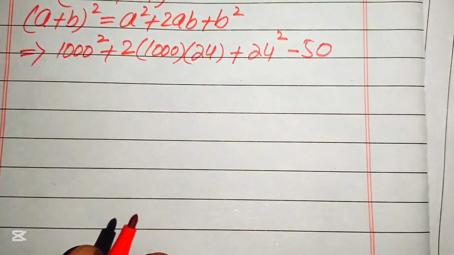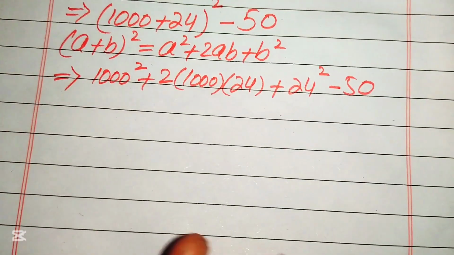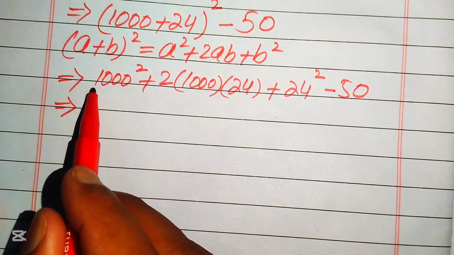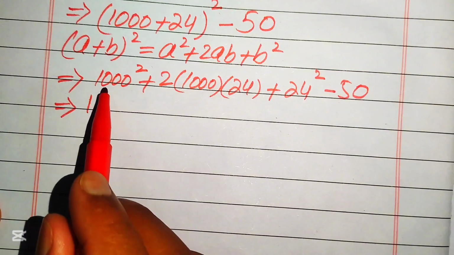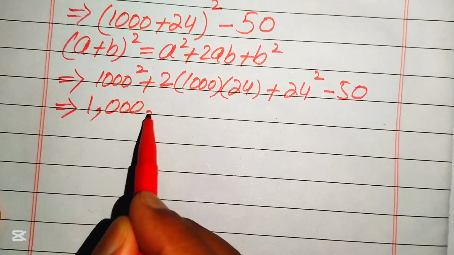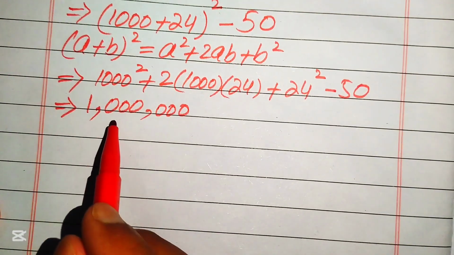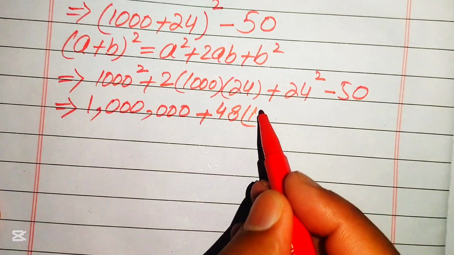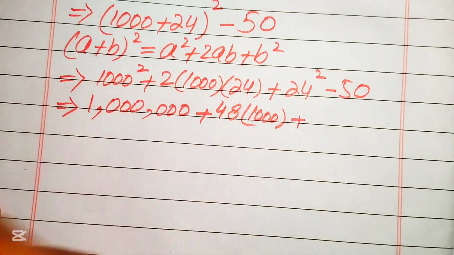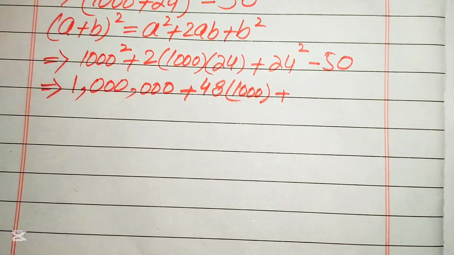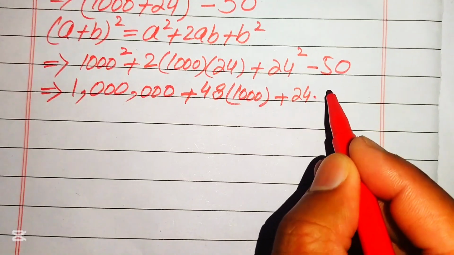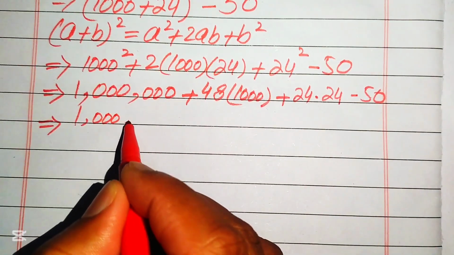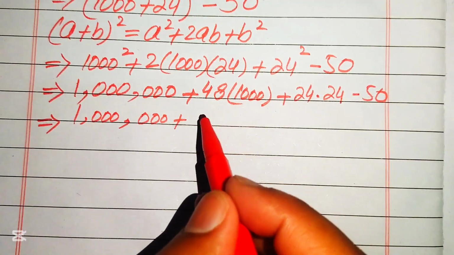Now our next aim is to simplify the terms without using the calculator. First we focus on 1000 squared. To find the square of 1000, you just take the square of 1, which equals 1, and the 3 zeros are doubled. So it becomes 1 million, plus 2 times 24, which is 48, and this is our 1000. And plus, our next target is to find the square of 24 without using the calculator. So we multiply 24 with 24, minus 50. Now in the next step we have 1 million, plus 48 multiplied by 1000, which is written as